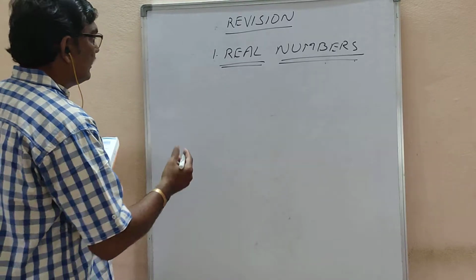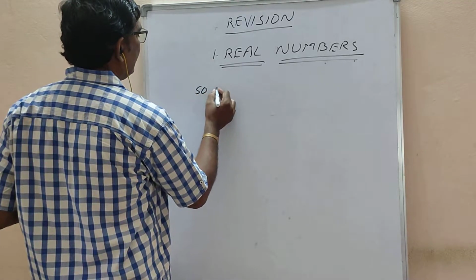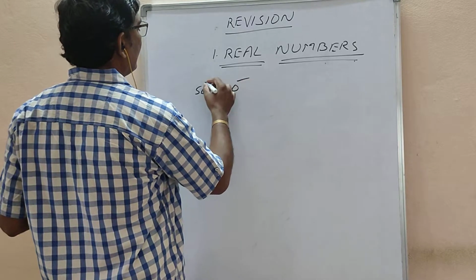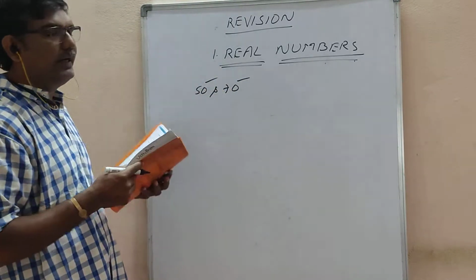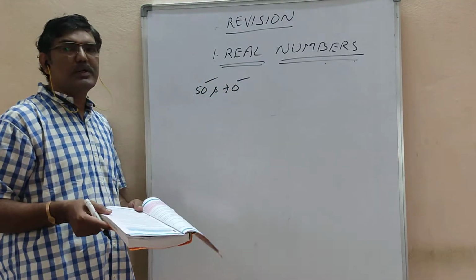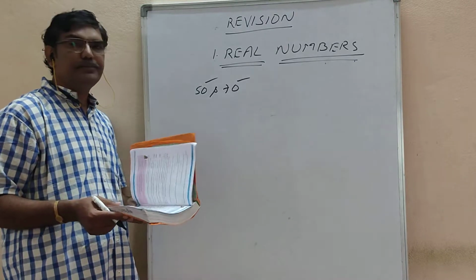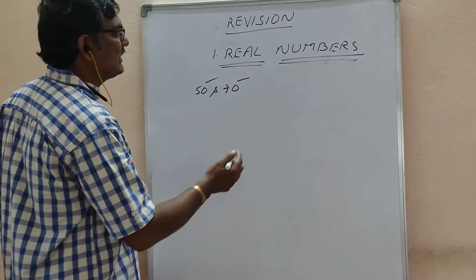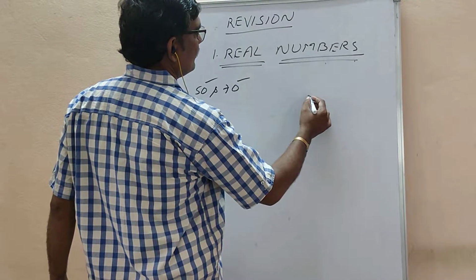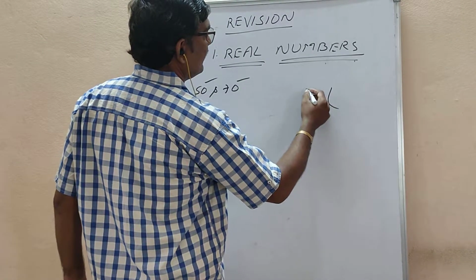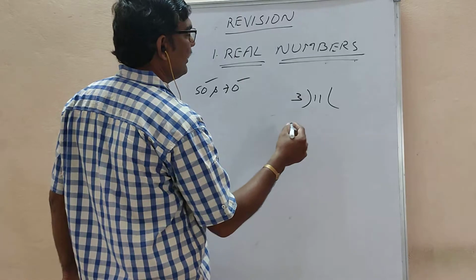How to do it is, if you have 50 and 70, you have to find the HCF by using Euclid's algorithm. What is Euclid's algorithm? We'll see it. So if I am taking any number, if I divide with any other number,